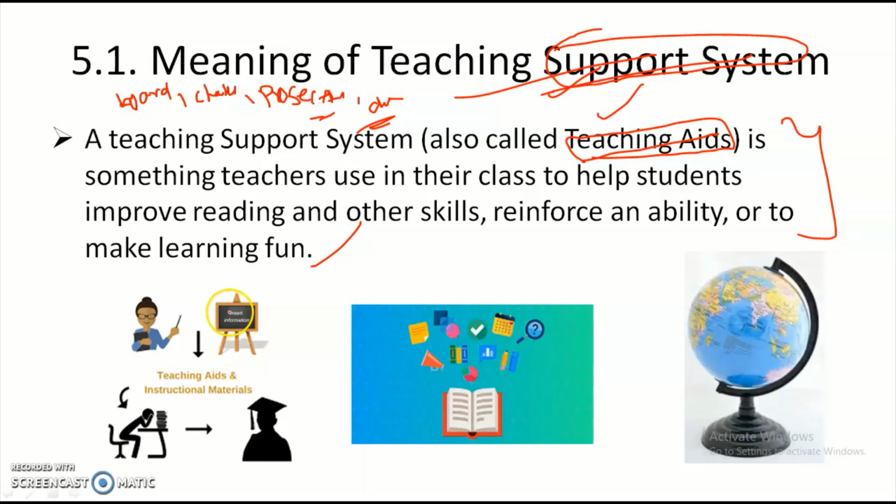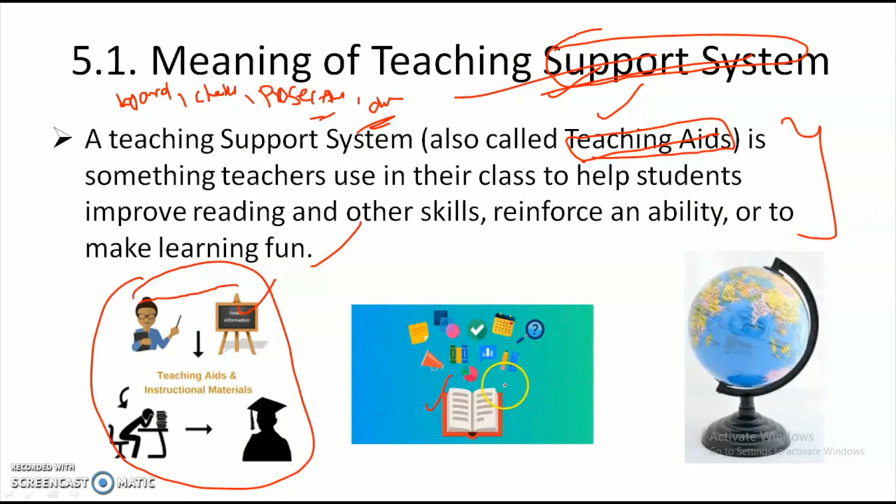Generally, the most traditional, oldest method is using chalk and board, and the books or materials also come under the teaching support system.